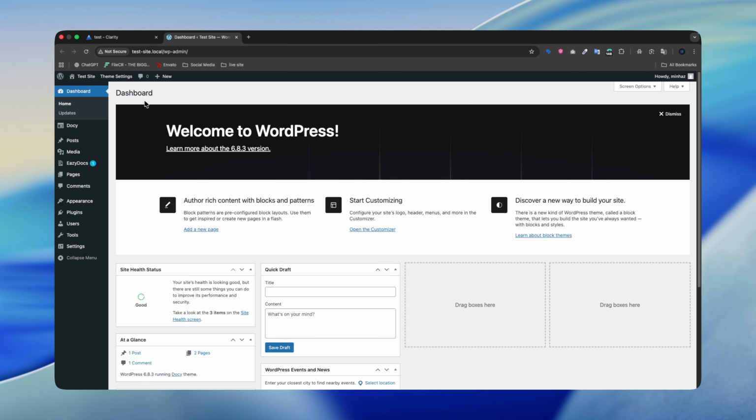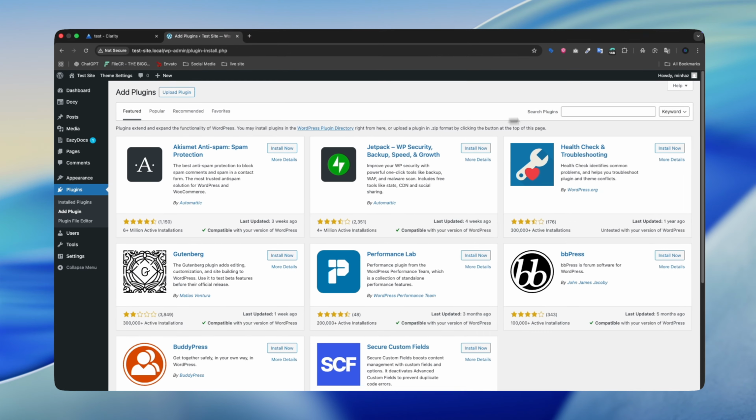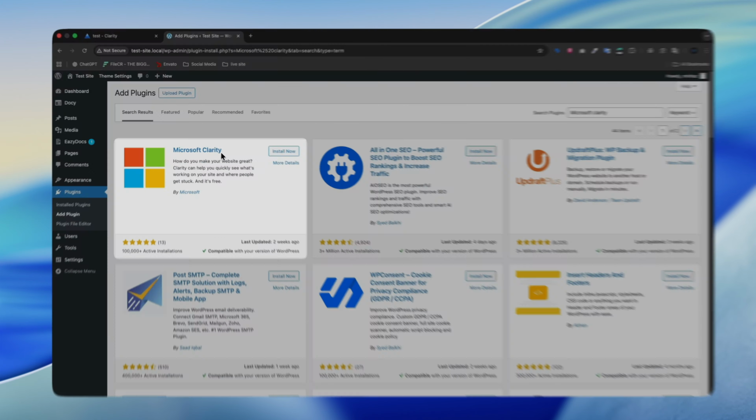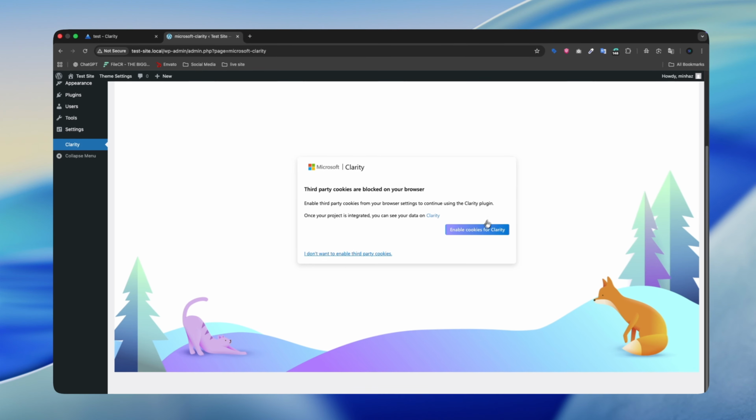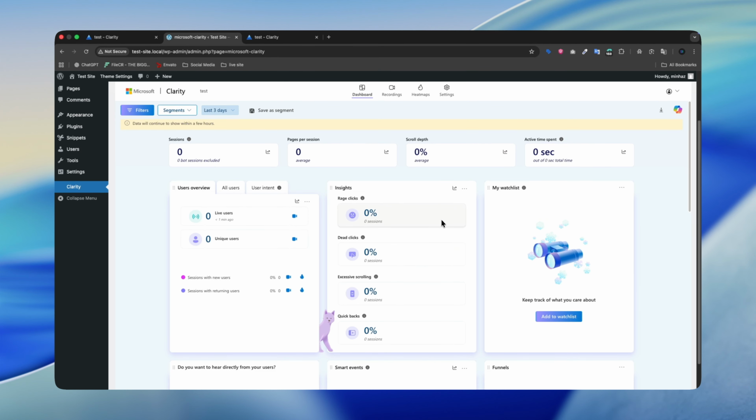Go to your WordPress dashboard, hover over Plugins, and select Add Plugin. Search Microsoft Clarity, install the plugin, and activate it. Simply enable the cookies in Clarity, and within a few seconds, it will be ready to show all the Clarity